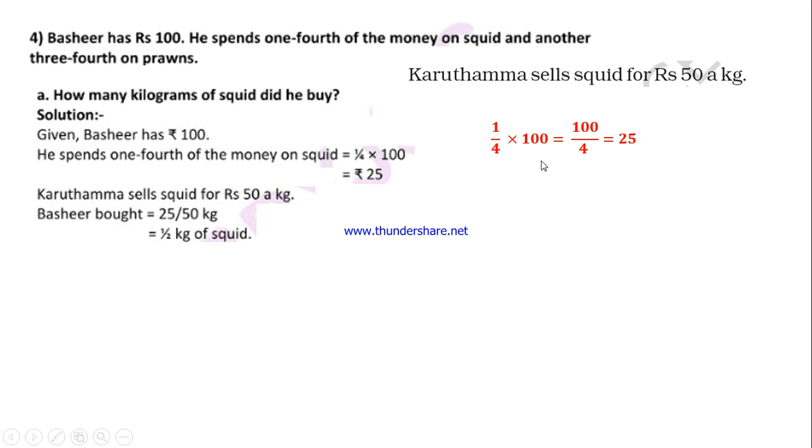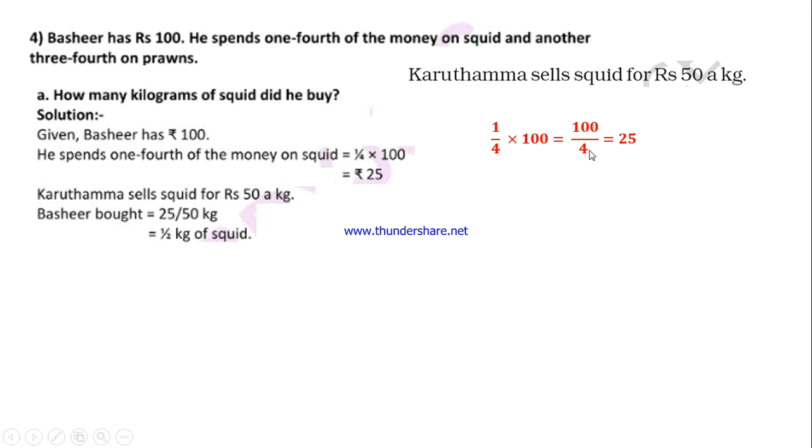Here in the simplification, 1/4 multiplied by 100, this 100 is a numerator. So we are multiplying the numerators. Here numerator 1 and here numerator 100, with a hidden denominator 1, 100 divided by 1. So first we multiply the numerator, 1 into 100, 100. Then the denominator, 4 ones are 4.